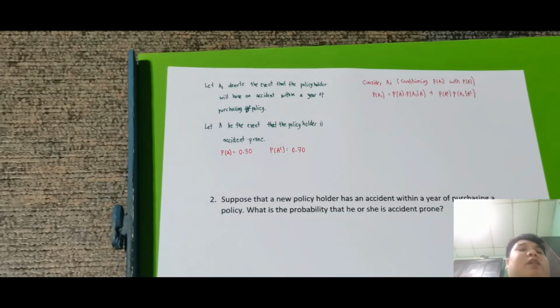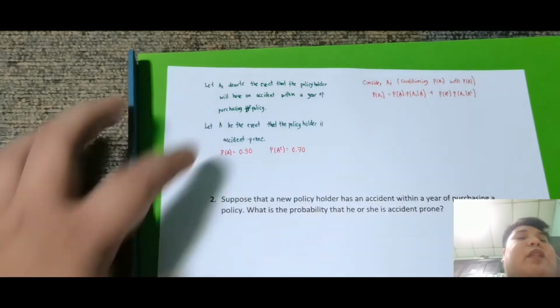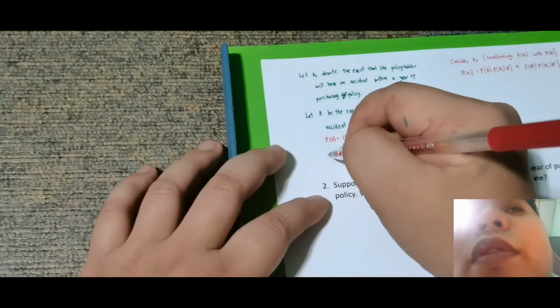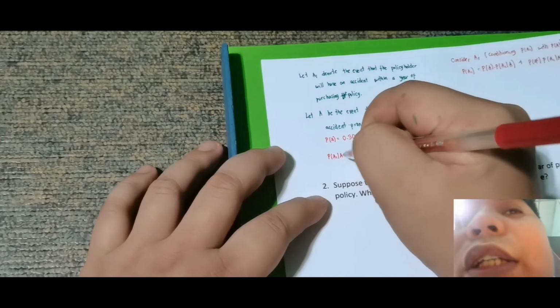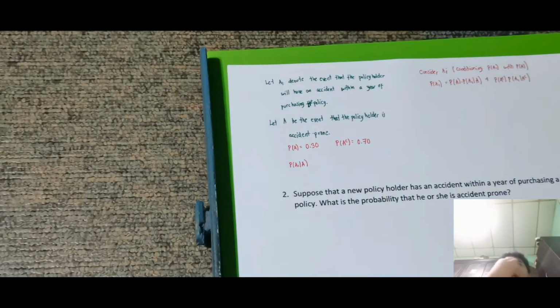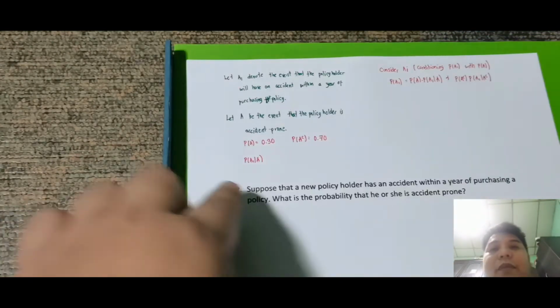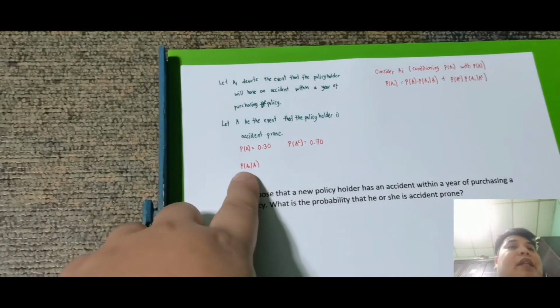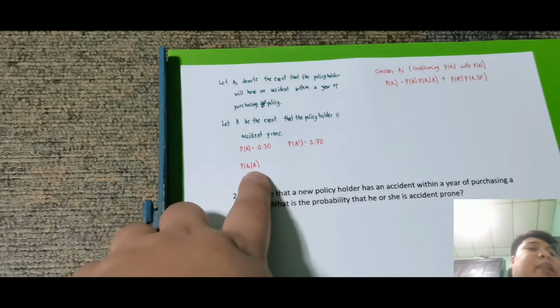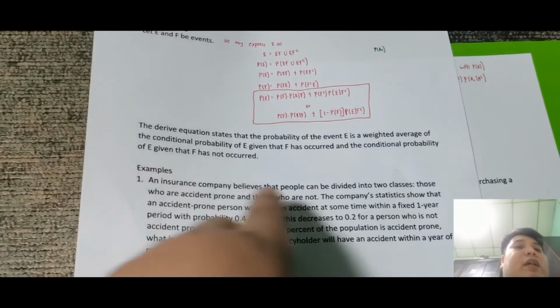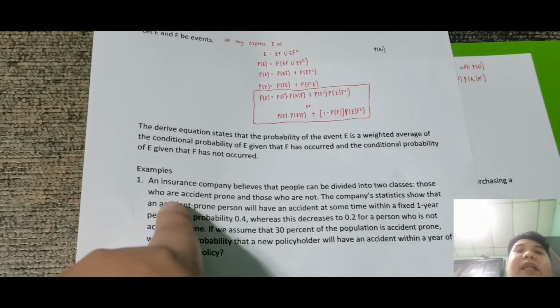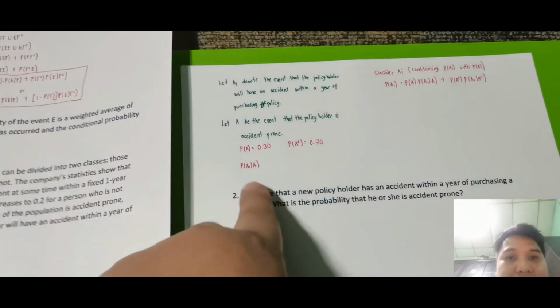Ang problema is, ano yung probability ng A sub 1 given that A has occurred? So, intindihin natin ano yung A sub 1 given that A has occurred. So, basahin natin para maintindihan. What is the probability that A sub 1 has occurred? So, meaning, magkakaroon ako ng aksidente within a year given that ako ay accident prone. Balik tayo dito sa given. The company statistics shows that an accident prone person,